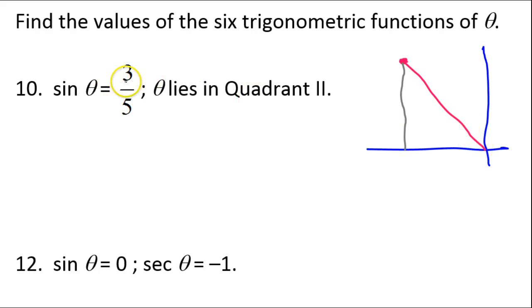Okay, now sine is opposite leg over the hypotenuse. So looking at this reference angle right here, the opposite leg would be 3, and the hypotenuse, of course, is here, and that's going to be 5. Now,